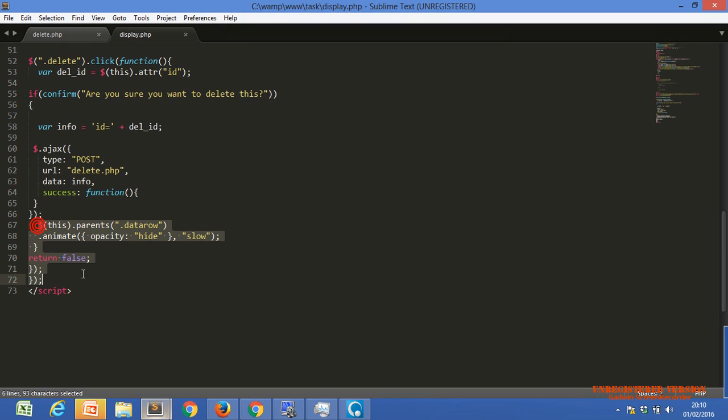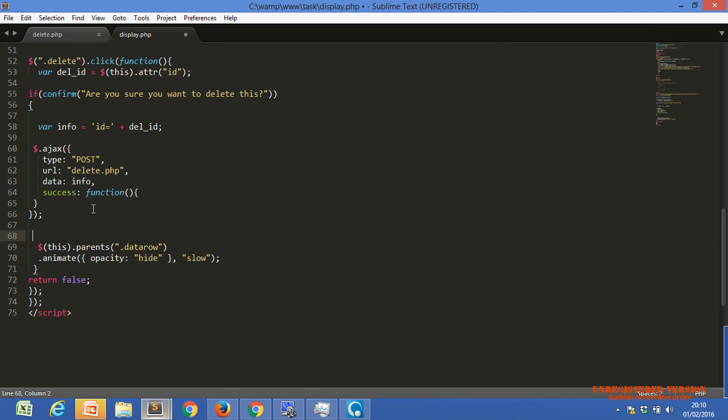Now this line of code is our simple jQuery code. This is not an Ajax code. Okay, why do we use this line of code, Nazar? Because Ajax will not refresh the page. Okay, let me just remove this. I will take just 2 minutes more.